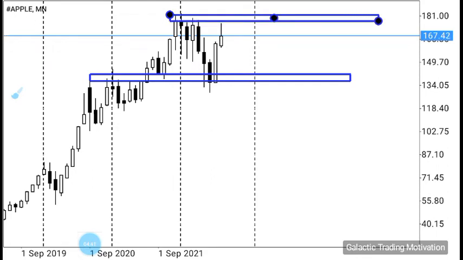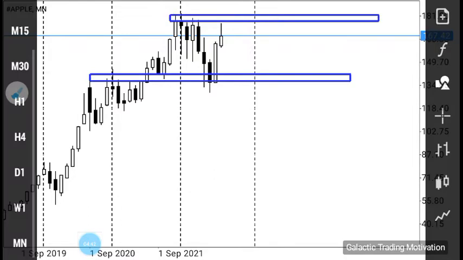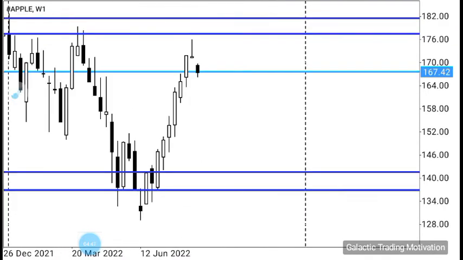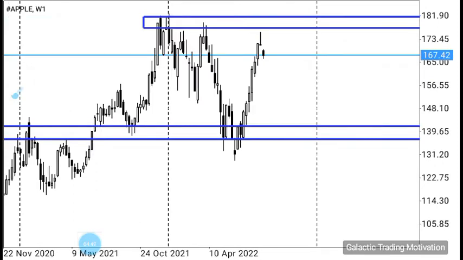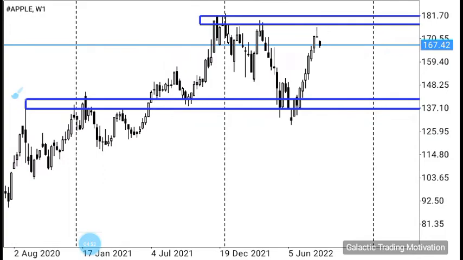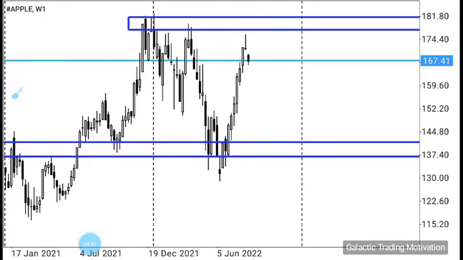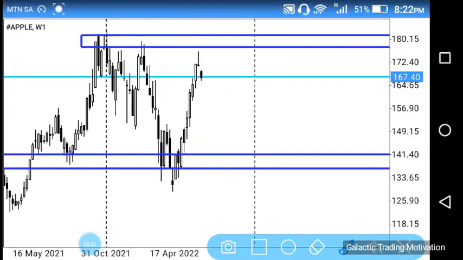There we go. So from here, we're now gonna head down to the weekly chart. So here we are on the weekly chart. So what do we see on the weekly chart? Let's have a look. On the weekly chart, I can see that we also had a very strong or a